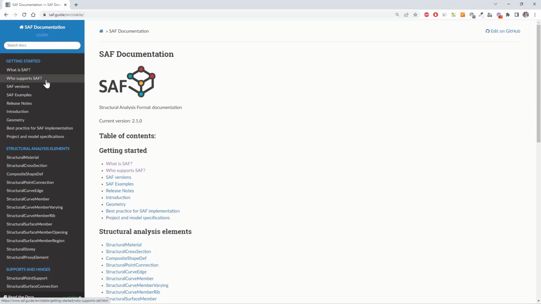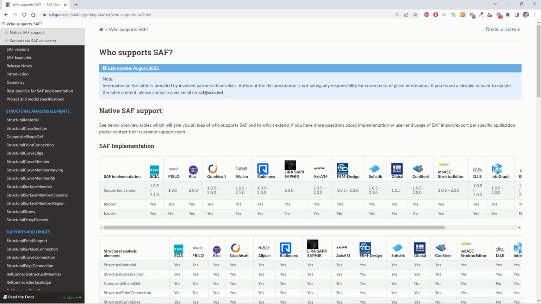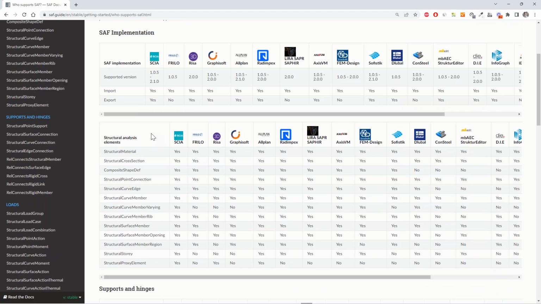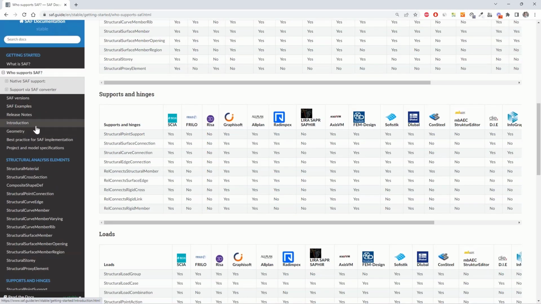So for example, when you go here to who supports SAF, you find different structure analysis software companies who are supporting this SAF file, and also different information about the object types. So how does this SAF format look? So I will call the SAF file from Guido. So I have opened it here,